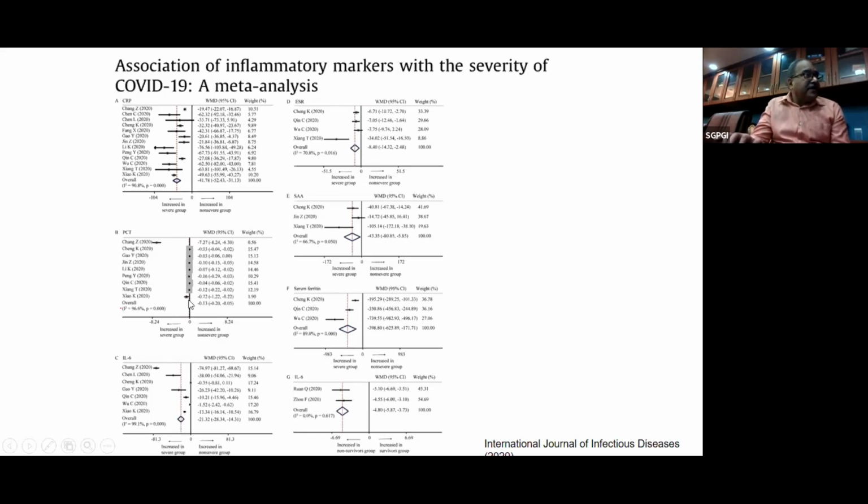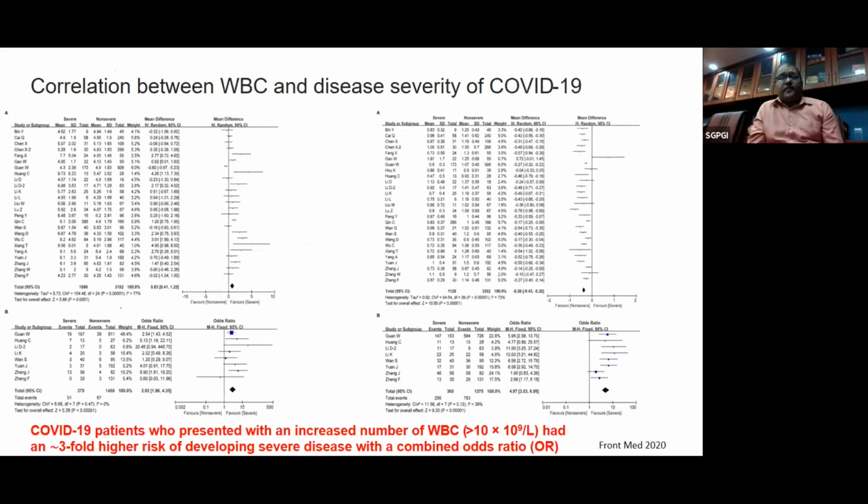Though the level of procalcitonin was shown to be increased in patients with severe disease, subsequent studies have not confirmed whether procalcitonin can be used as a prognostic marker or to identify differences between severe and non-severe groups. In another study, and this is again a meta-analysis, published